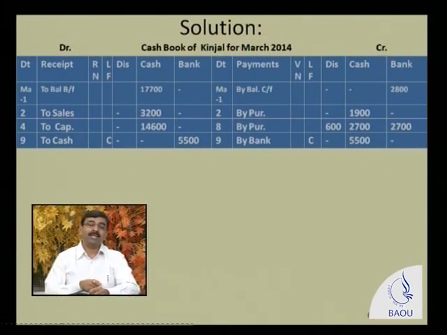Which one is the opposite name? Cash is the opposite name. So on the receipt side, you see in the receipt column, to cash, and in the LF it is written C for contra entry because, as I mentioned earlier, it is recorded in receipts as well as payments. Now see on the payment side, it is written 5,500 rupees in the cash column because cash goes out, it's a payment. Which one is the opposite name? Bank. So in the payment column, it's written by bank, and as it is a contra transaction, C is mentioned in the LF column.